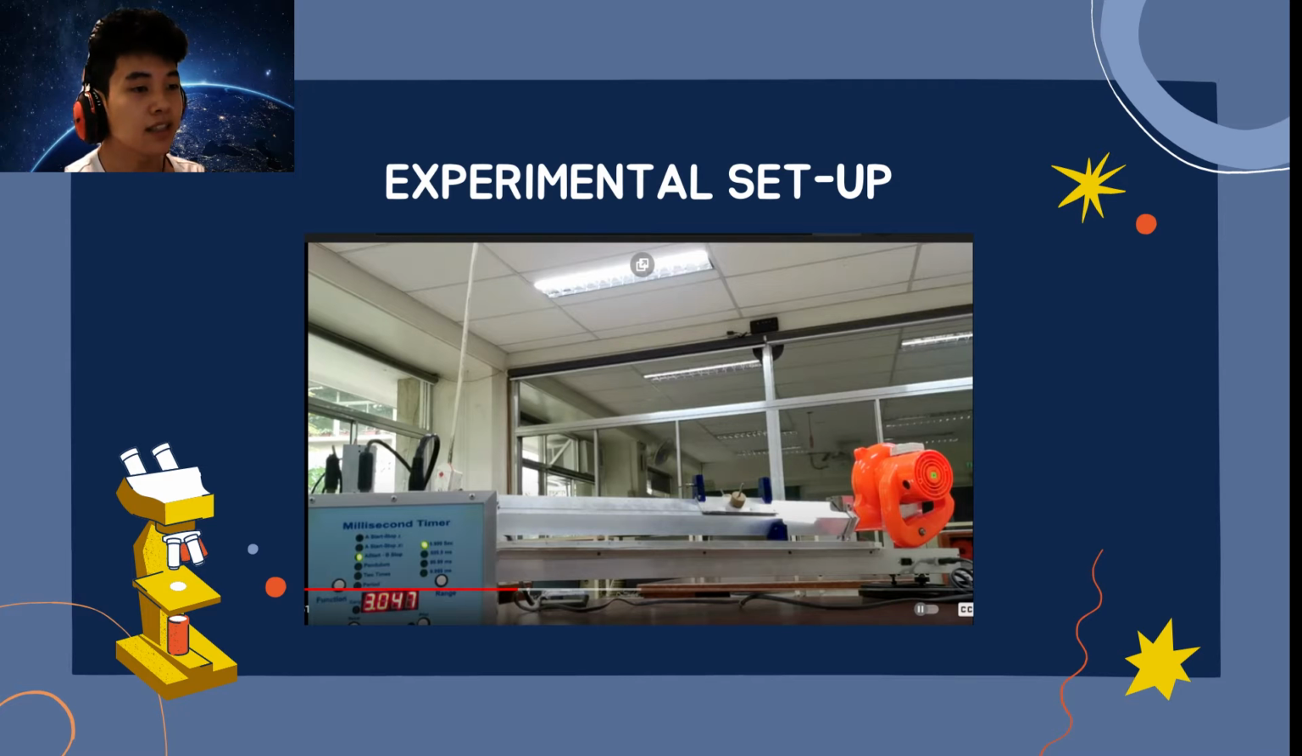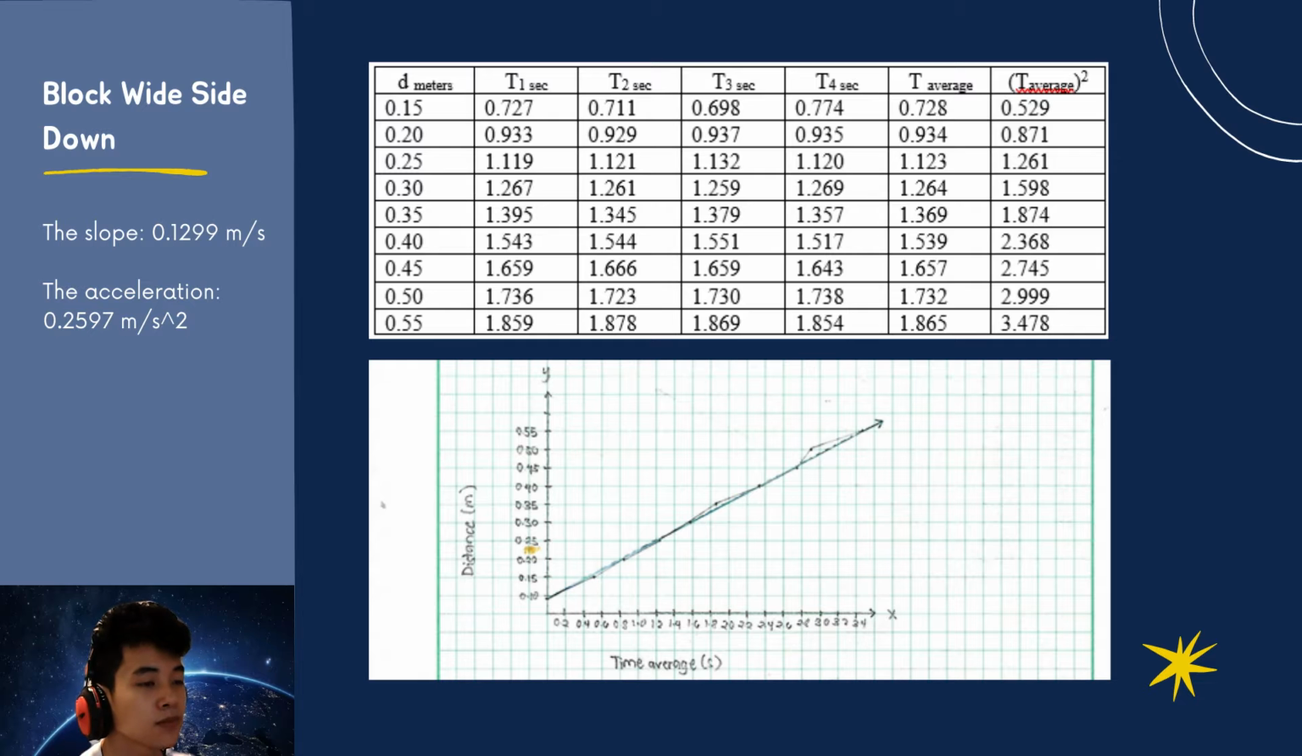This is the experimental setup we use in this experiment. As you can see, we use an air track. In our data collection, we have two experimental setups, one for block wide side down, and the other is block narrow side down. First, tackling block wide side down, we can see the table of values and the graph for